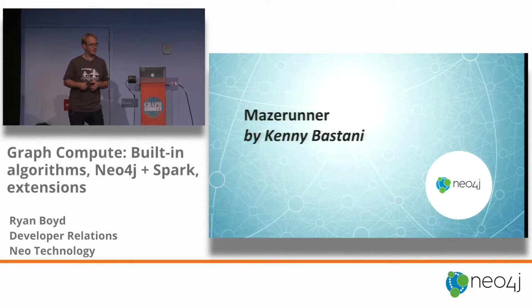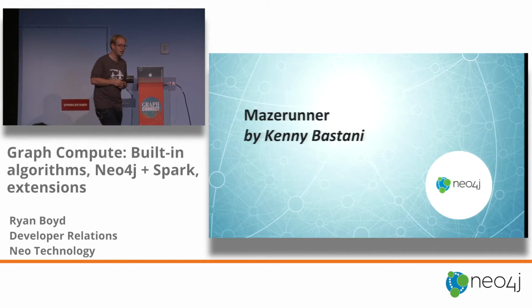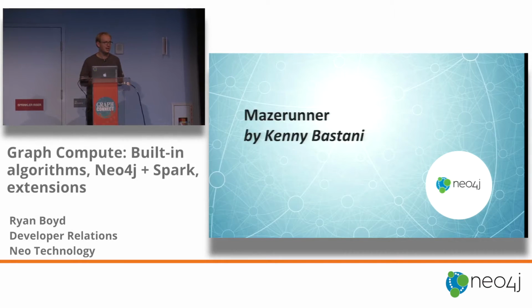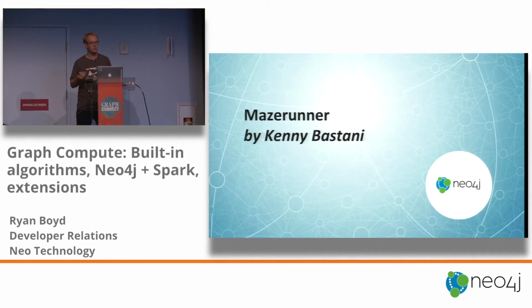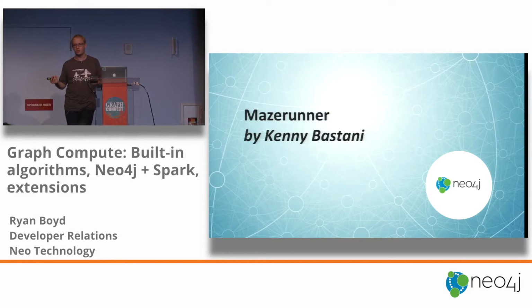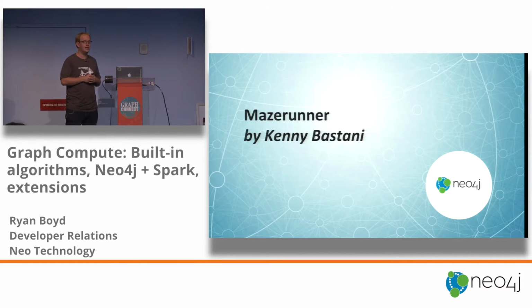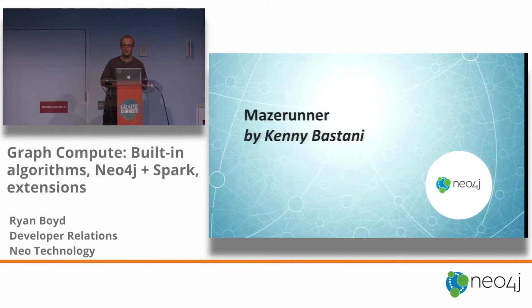And I covered those points. So I'm going to give you a quick tour of Maze Runner, which is Kenny's project. This was Kenny's child. He actually turned his child over to Neo4j, I think officially yesterday. So we are now going to be maintaining this project going forward. We're, of course, looking for a lot of feedback. It's on GitHub. It's open. Take a look. Send us feedback. Let us know what you'd like us to work on, what you'd like us to prioritize,